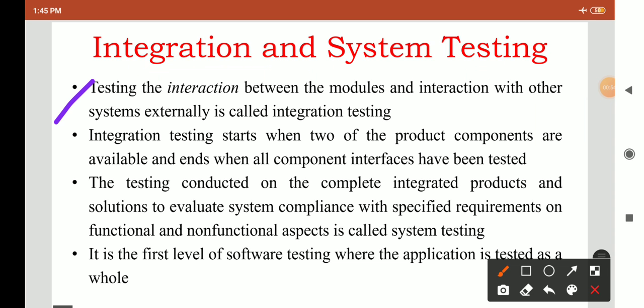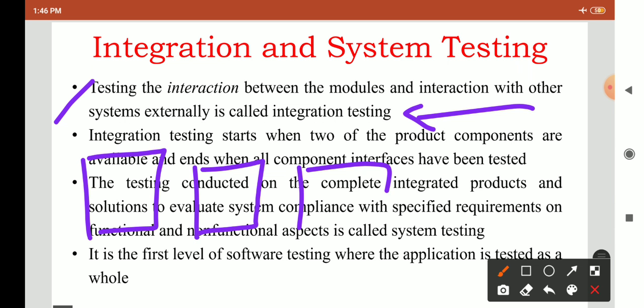In testing, the interaction between modules and the interaction with other systems externally is called integration testing. Previously we saw unit testing. In unit testing, for each module we conduct various tests, such as the login module.